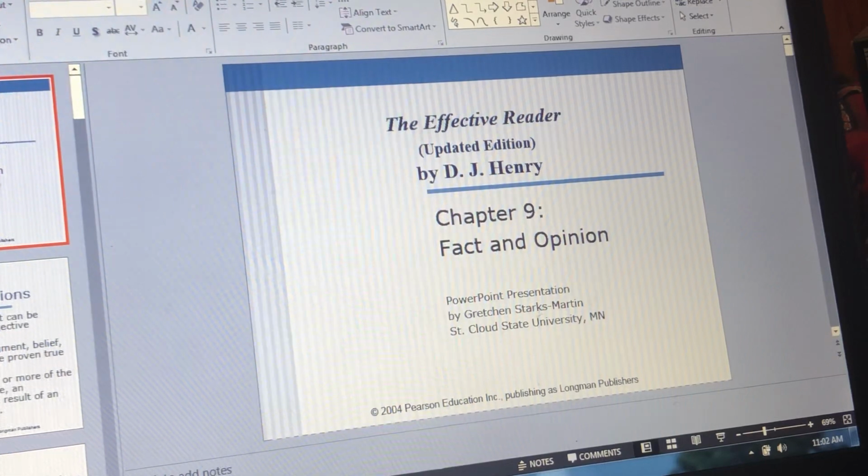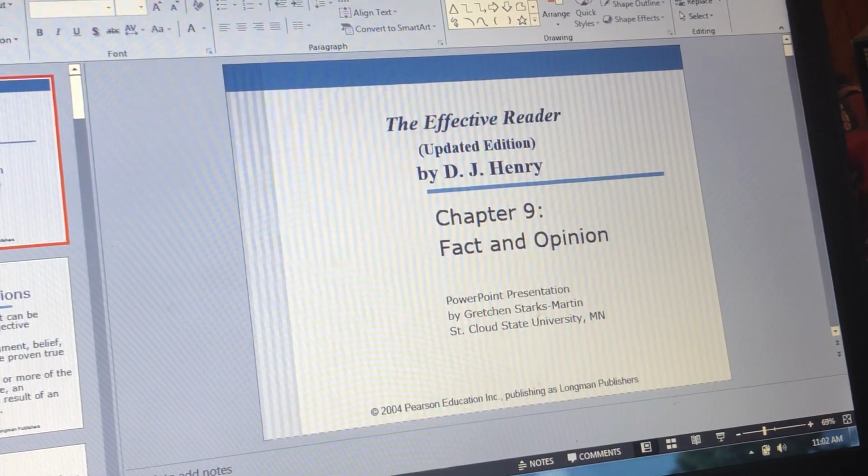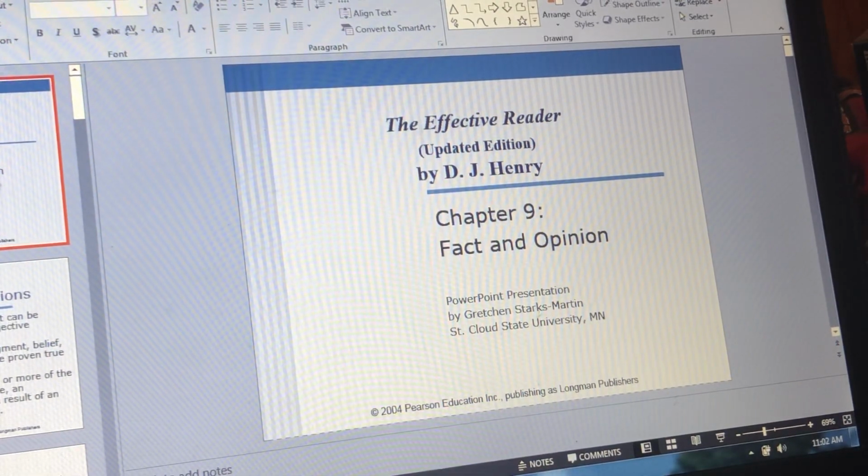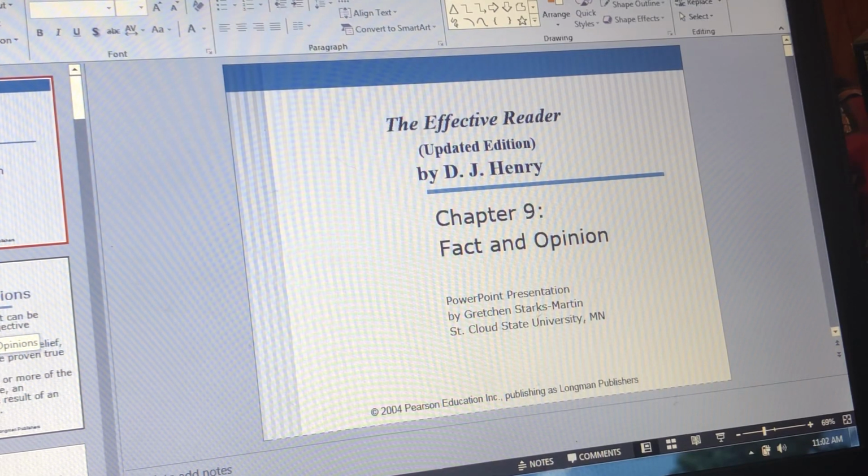Okay, so if you've been inclined in the past to space out during some of these lectures, please pay attention to this one and take care to be an active, thoughtful, critical thinker when you're reading, because there's a lot of discussion and debate today about what is fact, what is opinion, what is real, what is true, what is not.